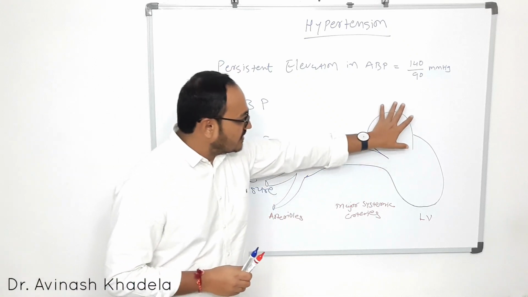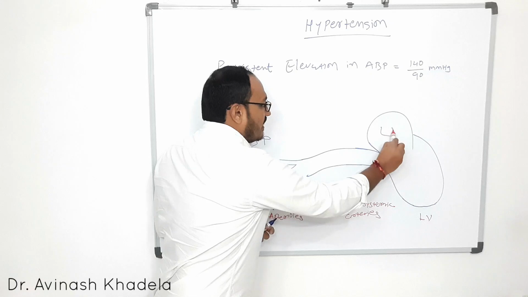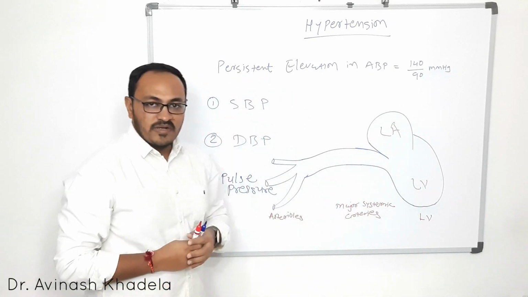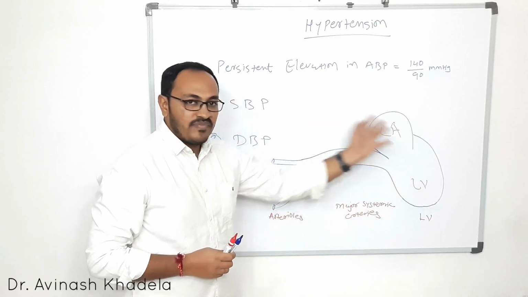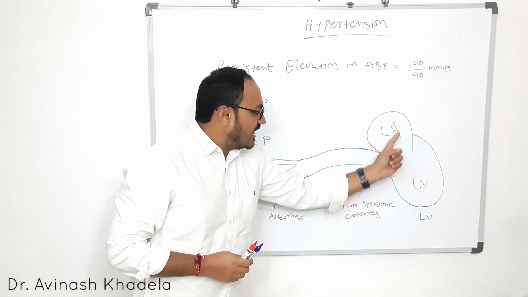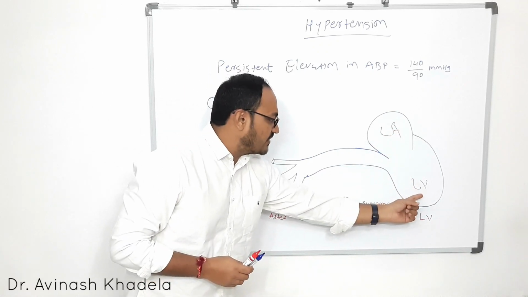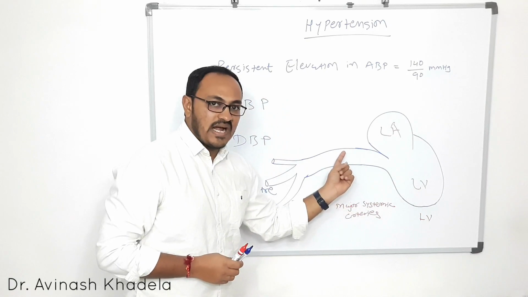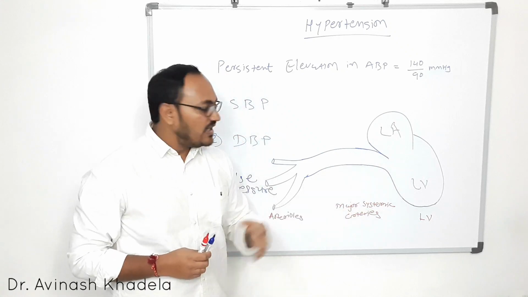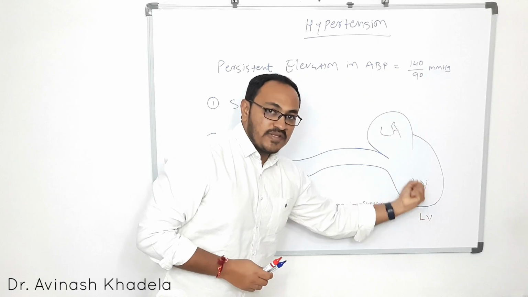So this is the left atria, and this is the left ventricle. To understand systolic blood pressure, first of all we will understand the anatomy of the left ventricle or ventricular system. The left atria and left ventricle are separated by the mitral valve, and the left ventricle and the major systemic arteries are separated by the aortic valve. Now, when the left ventricle is filled with blood, and then